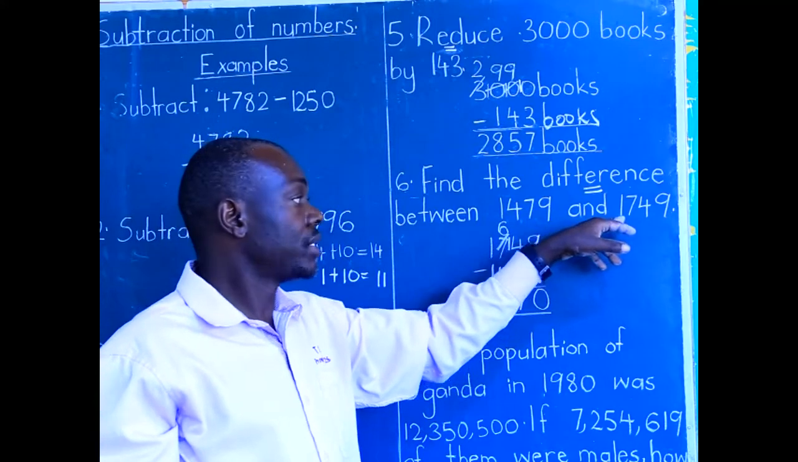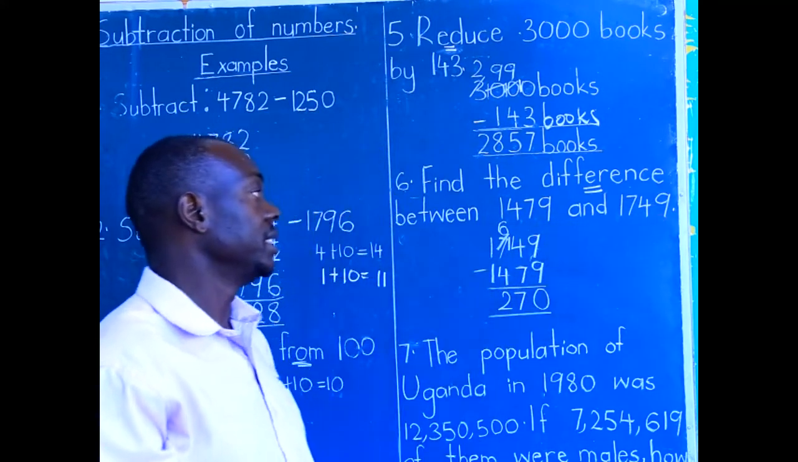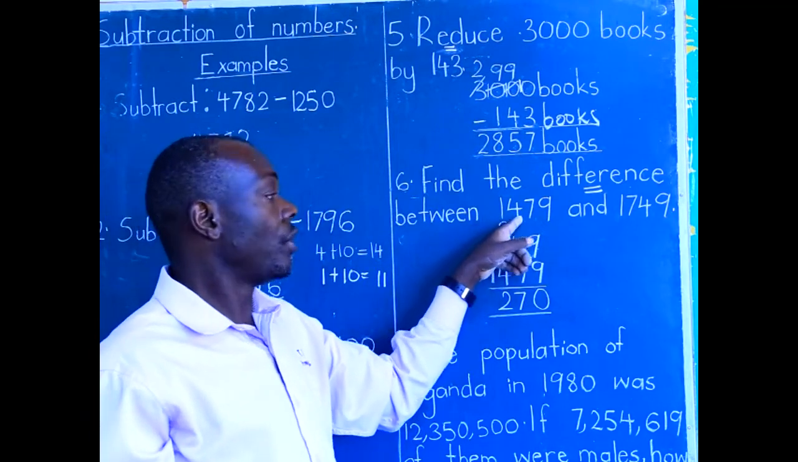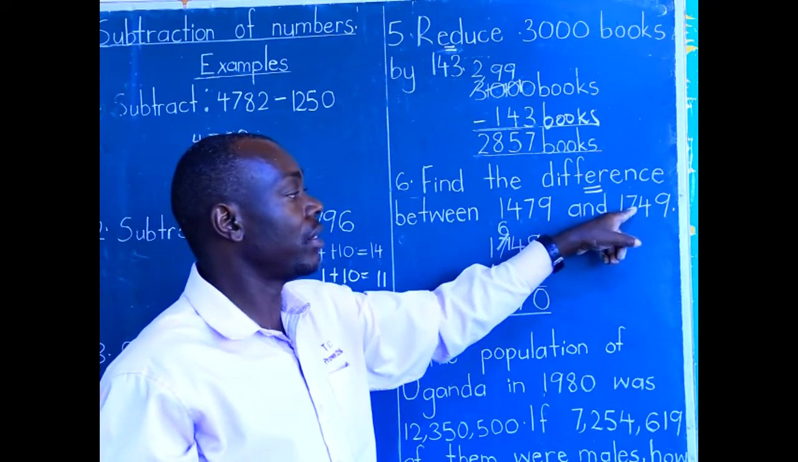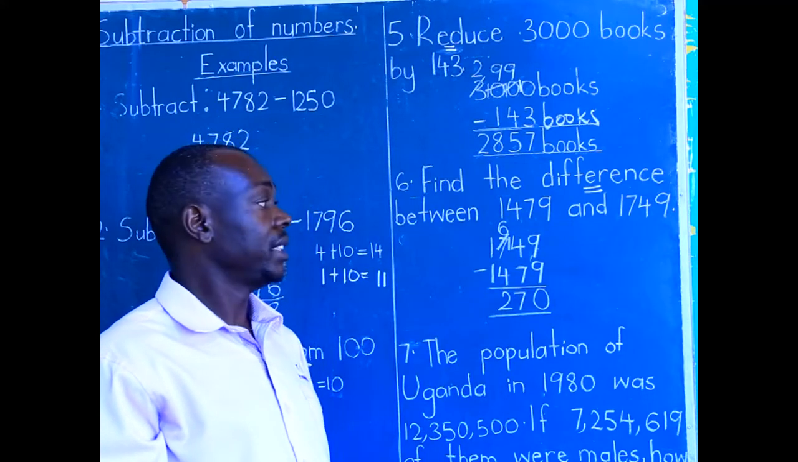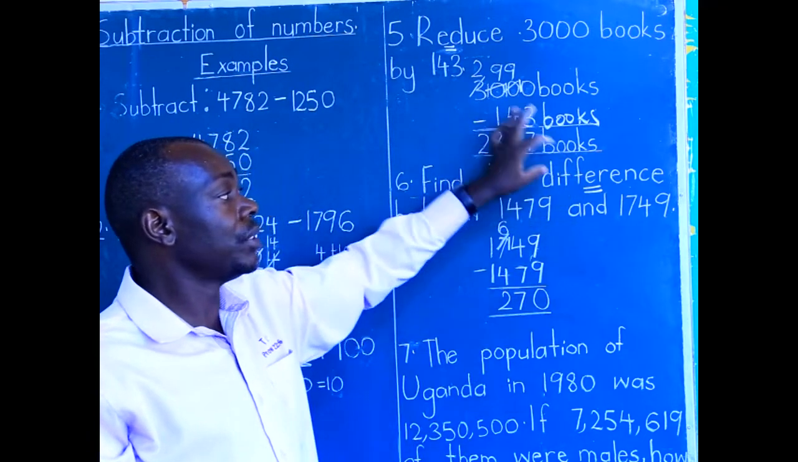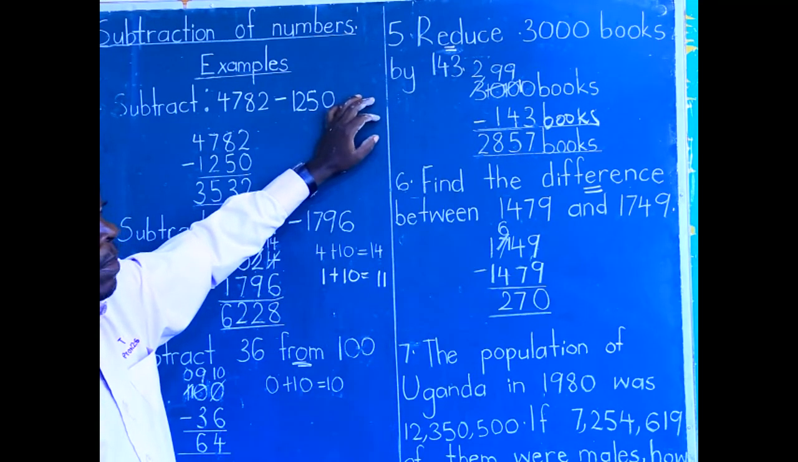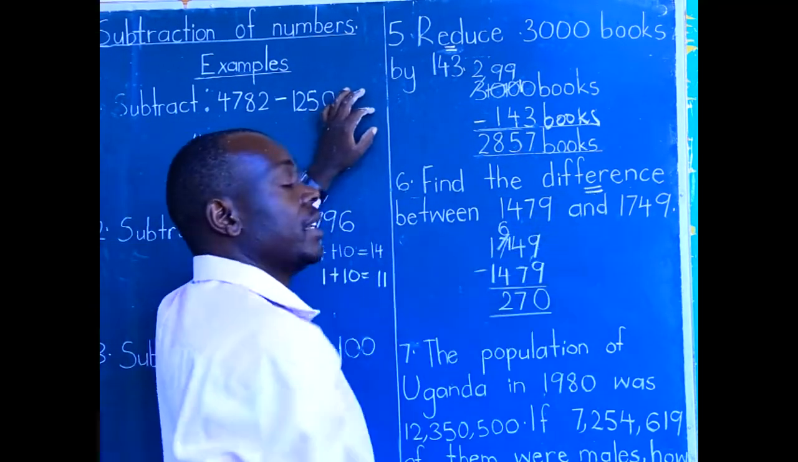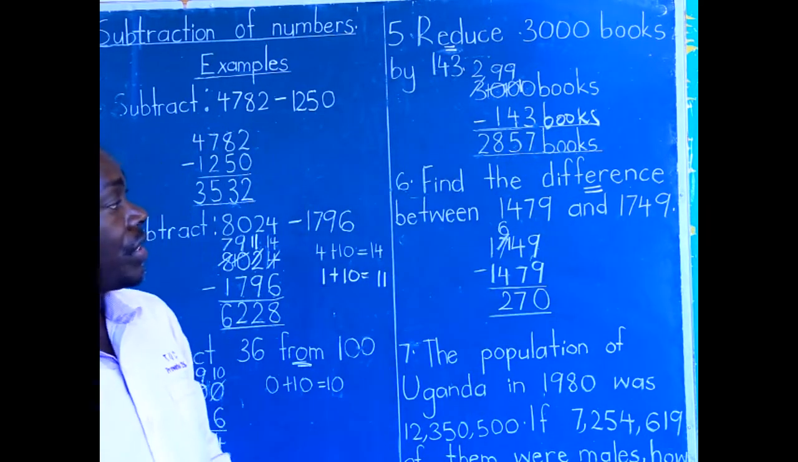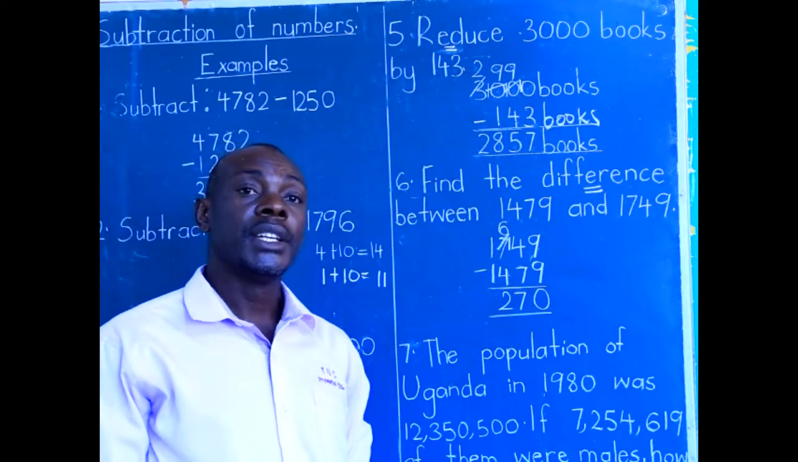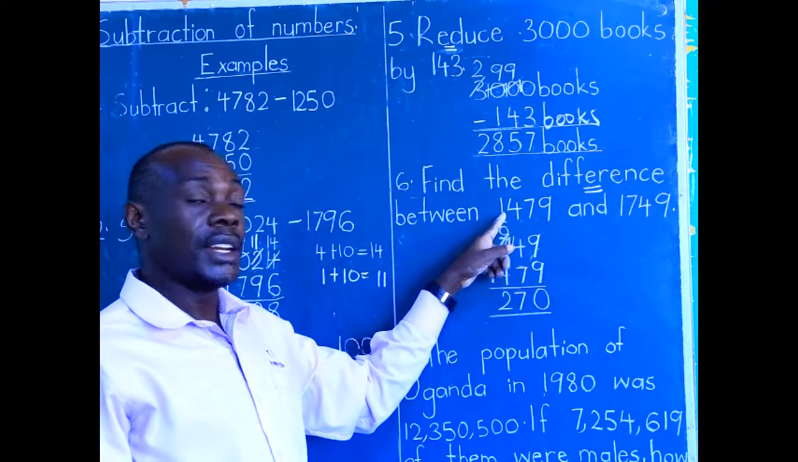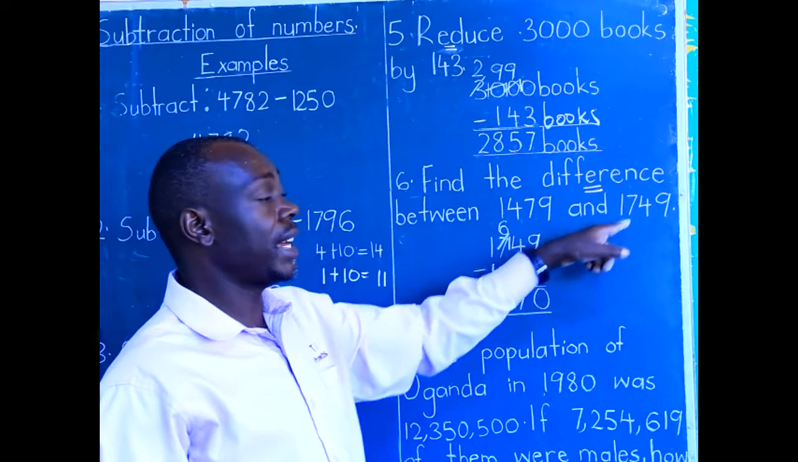1,479 and 1,749. The question reads, find the difference between 1,479 and 1,749. So you will find out the major word or keyword to our choice of the operation, which is difference. Remember I said at the beginning of this lesson that difference is the outcome after subtracting two numbers. And now here they are. That is 1,479 and